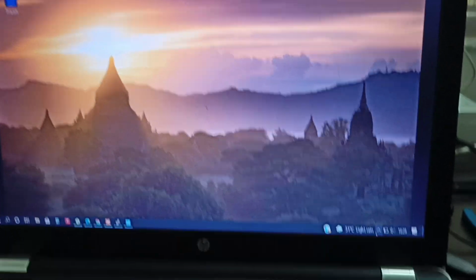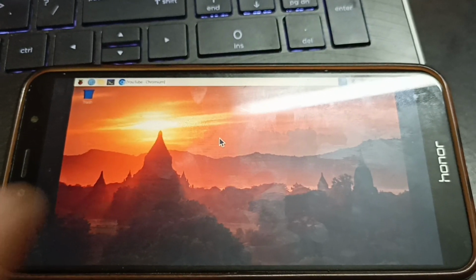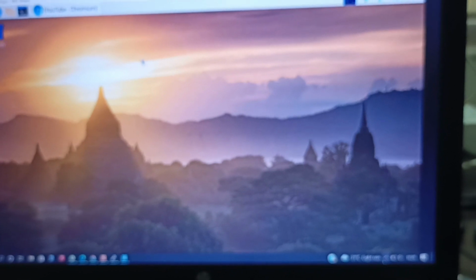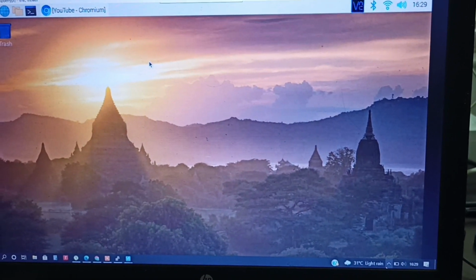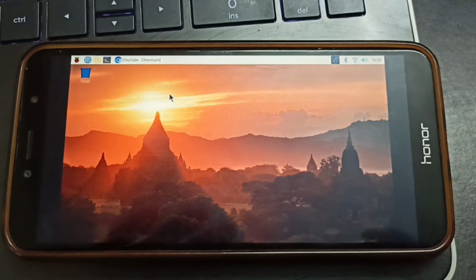It is connected with my system and it is connected with my mobile phone. If I drag on my mobile phone, then you can see here it is showing on my system. Okay, so friends, I hope you understood this, how to connect with a smartphone and laptop without using LAN cable.